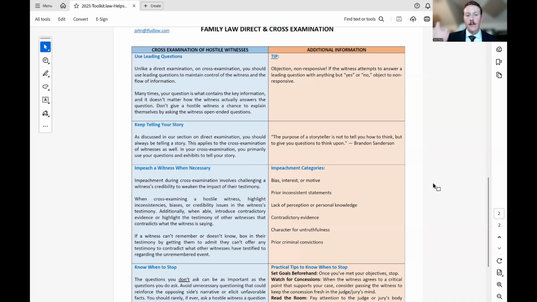What's important is the question I'm asking and the information that's in the question. And you don't want to give a hostile witness a chance to explain themselves by asking open-ended questions. For the most part, that's not something you want to do with a hostile witness. You want to ask leading questions that keep them boxed in with yes or no answers, and opposing party, it's